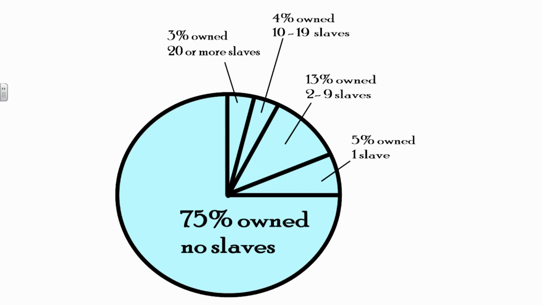And so if you think about this, yes, slavery is a major issue of the Civil War, without a doubt. But only 25% of people in the South owned slaves. Yet those 75% that didn't own slaves are part of this as well. And so we will learn a lot about all of the people living in the South, regardless of whether they own slaves or not, and their feelings about slavery.